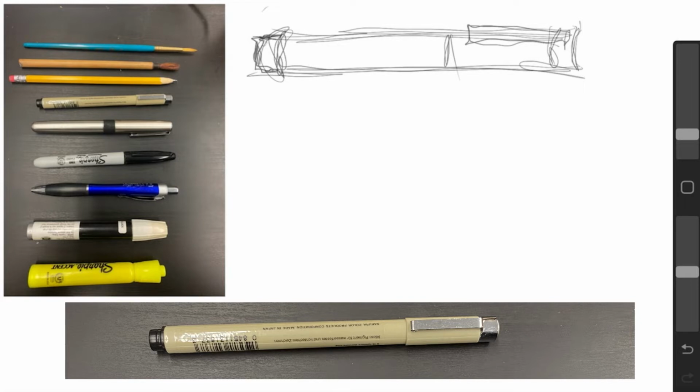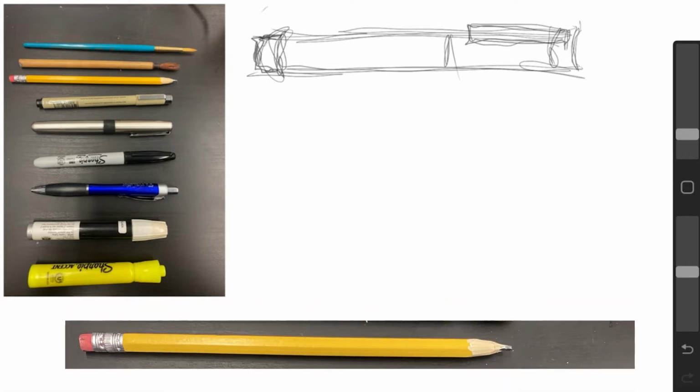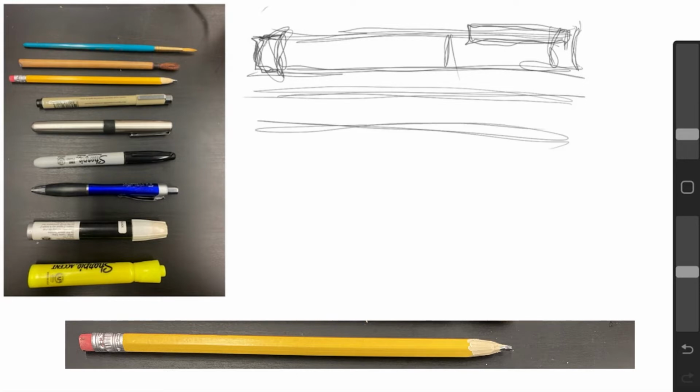Okay. And I'm just doing this really quick and loose. I'm not being too careful with it. You could, of course, be more careful with it. I can do something like a pencil, or like we can do that as well. So I'm just going to make 2 lines. And then finish off the cylinder like we did before. And first of all, we got the metal part of the eraser, and then we've got the eraser. And down over here,